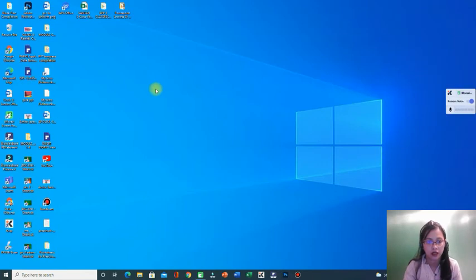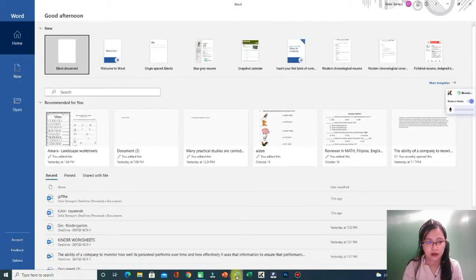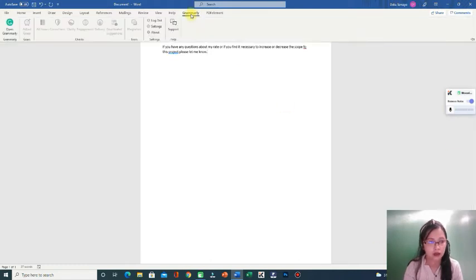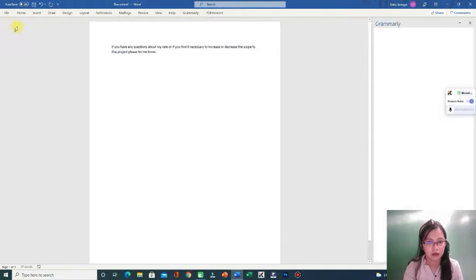Ngayong na-download na natin ang Grammarly sa Office, buksan na natin yung Microsoft Word. And then, blank document. So, kunwari tayo ay maglalagay ng mga text. Ayan. And then, click natin tong Grammarly. Open Grammarly. So, ayan. So, meron siyang mga